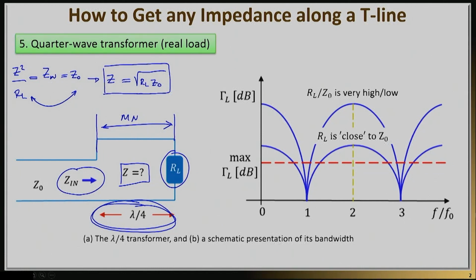So here I have plotted the gamma L, the reflection coefficient that you would see, as a function of frequency. Now, F0 is my design frequency. So in other words, here F0 signifies the frequency where the transmission line has a length of lambda by 4. And so if I'm exactly at my design frequency, then of course I get a perfect match. But as I move away from this design frequency, gamma L will not be 0 anymore, and it will start